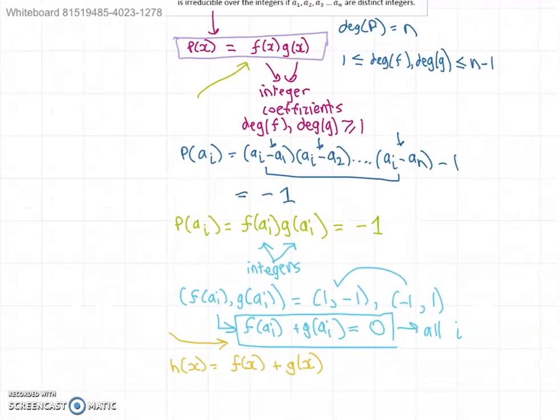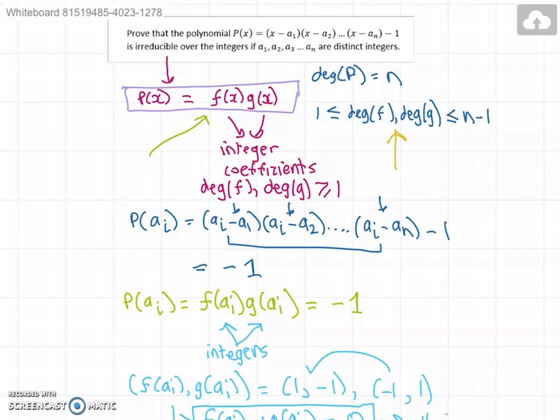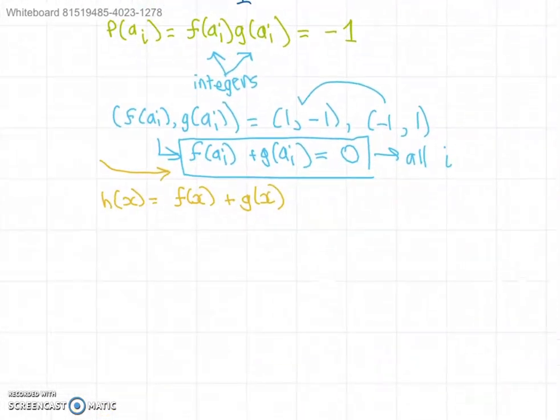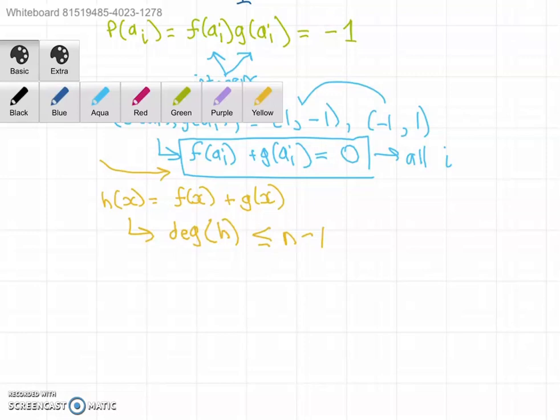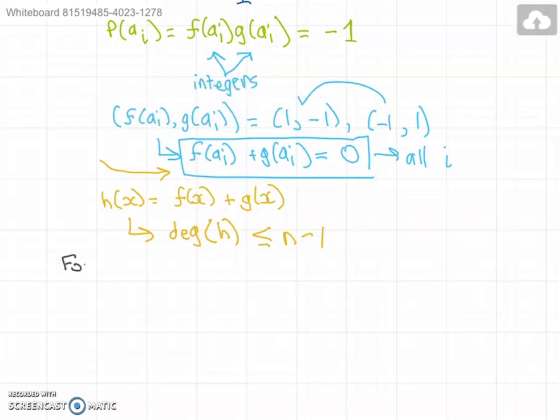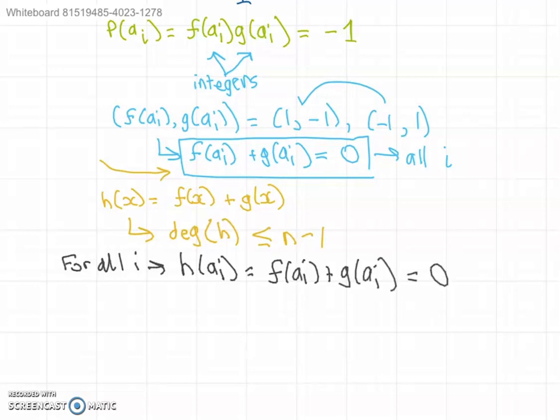And remember, the degrees of f and g are at most n minus 1, which means the degree of h, the sum of f and g, must also be at most n minus 1. And now for all values of i, h of ai is equal to f of ai plus g of ai, which is equal to 0, which means